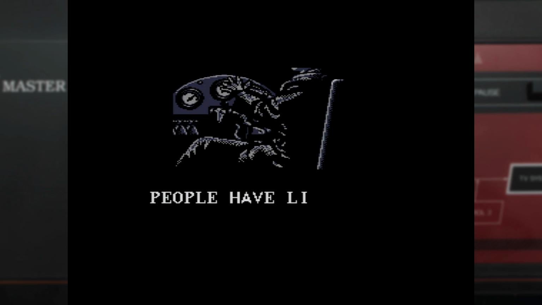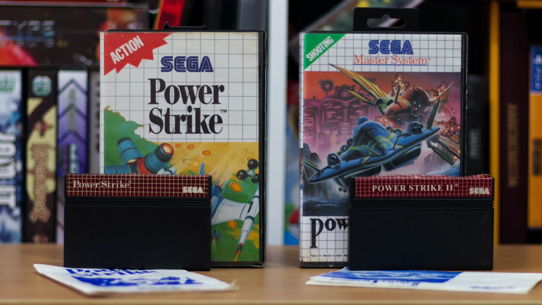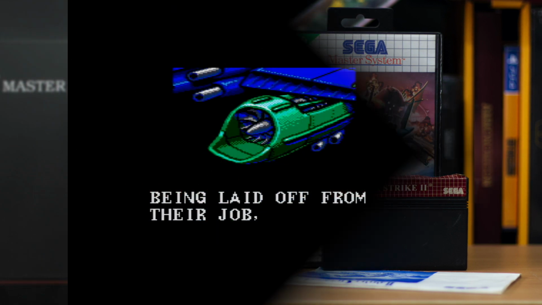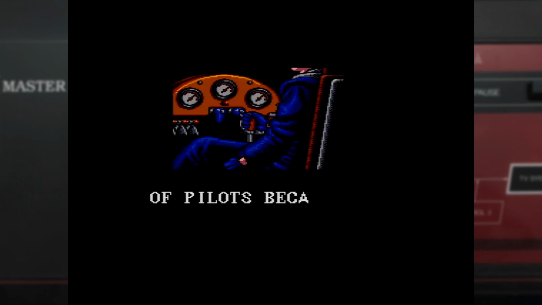Power Strike 2 comes to us once again from Compile, with a 1993 year of release, placing it well towards the end of the Master System's commercial life cycle. Whilst its predecessor saw worldwide release, this time around Power Strike 2 would only be released in PAL territories. Though billed as a sequel to Power Strike from 1988, it's really only one in terms of its mechanics,